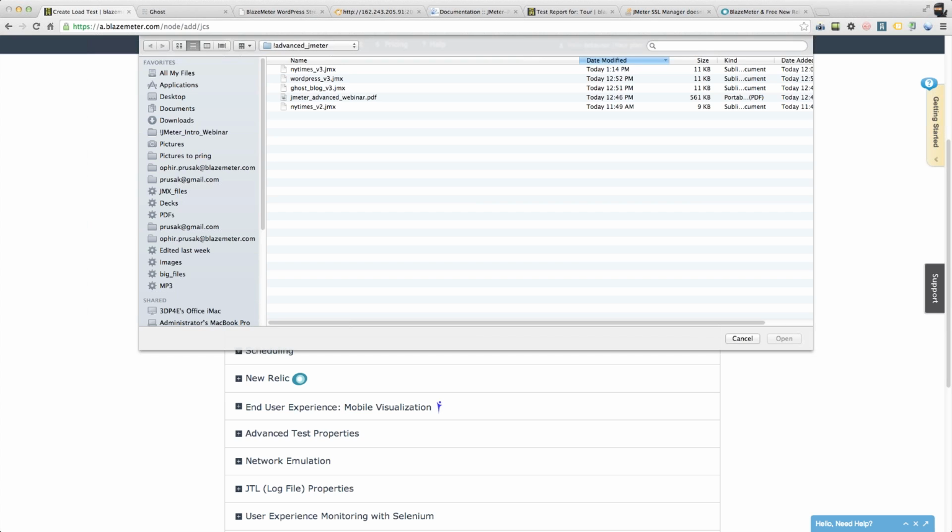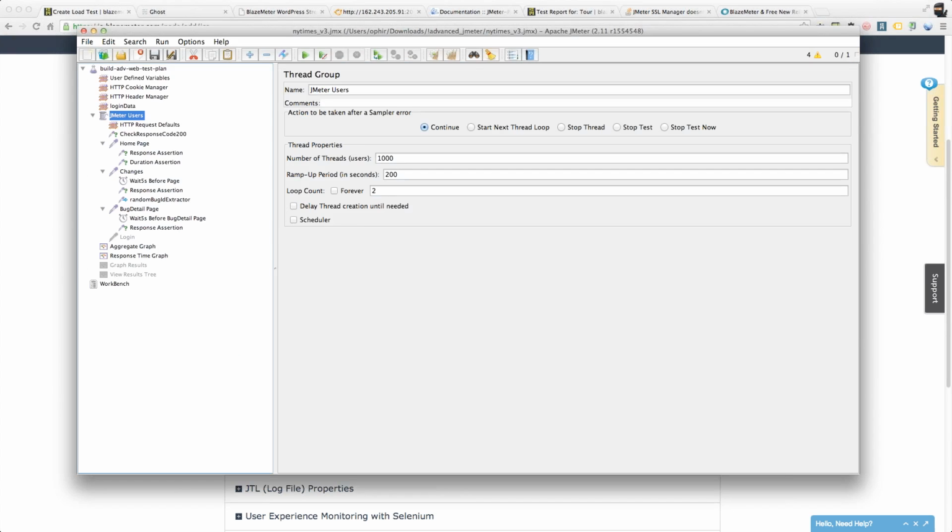Yugi asks, is there a way to test local or production sites using JMeter? In terms of local, I'm guessing you mean behind the firewall. The whole point of using JMeter locally, so here, this is JMeter. When I hit the play button, it's going to run JMeter on my PC. So if you're behind the firewall and you want to test from behind the firewall, you can definitely do testing